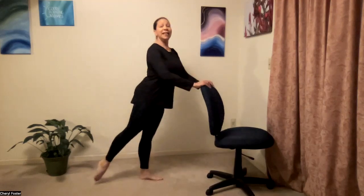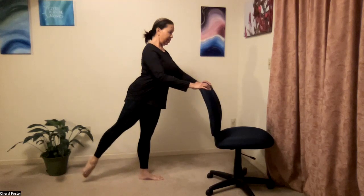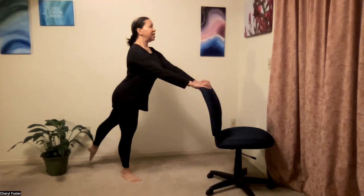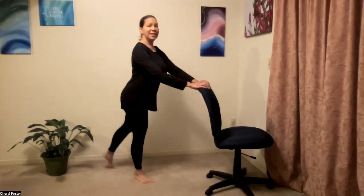3 knee lifts, knee lift and extend back, knee lift and extend back. All right, here we go. And 1, 2, 3. Now lift and extend like someone's pulling it back, and close. And lift up, extend, and close. Other side, and 1, 2, 3. Now lift and extend. Really stretch it and close. And up and extend